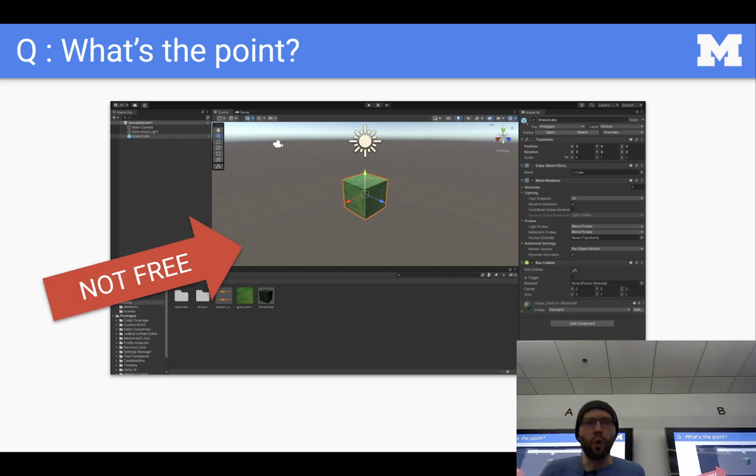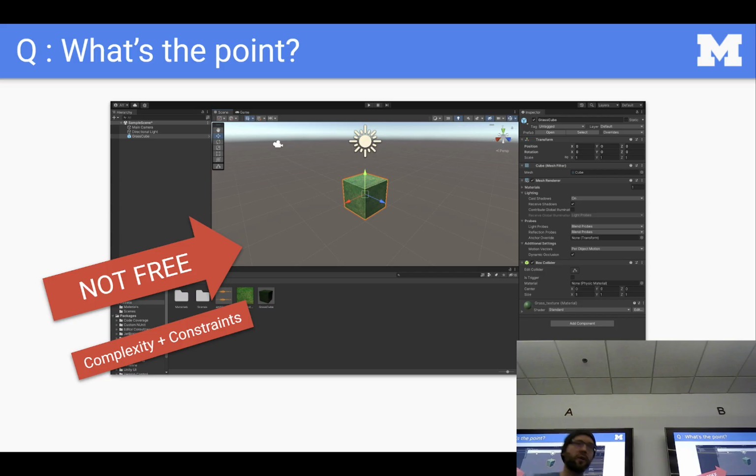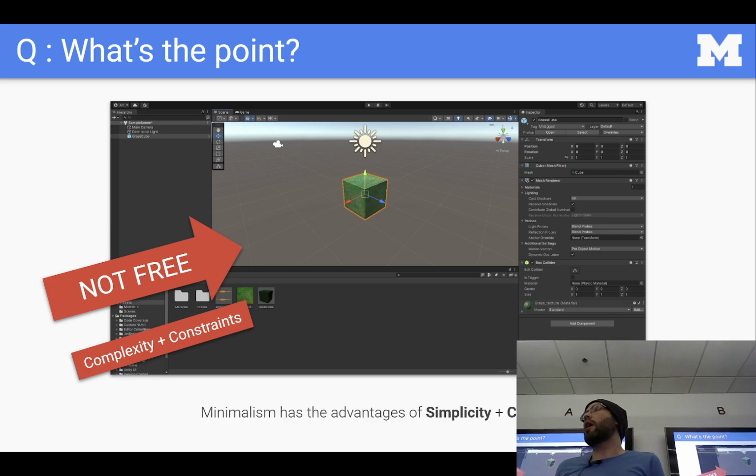Anyway, when you look at these integrated editors, they're so fancy. You look into Unreal Engine, you walk through Visual Studio, you see it open on people's screens, you go, wow, if only I could learn Unreal Engine. All of this extra stuff you're given in these modern integrated engines is not free. There is a complexity cost. Learning takes longer. Navigating the UI takes some time. It's very intimidating at first. It's difficult to remember. There's complexity, there's constraints, there are performance